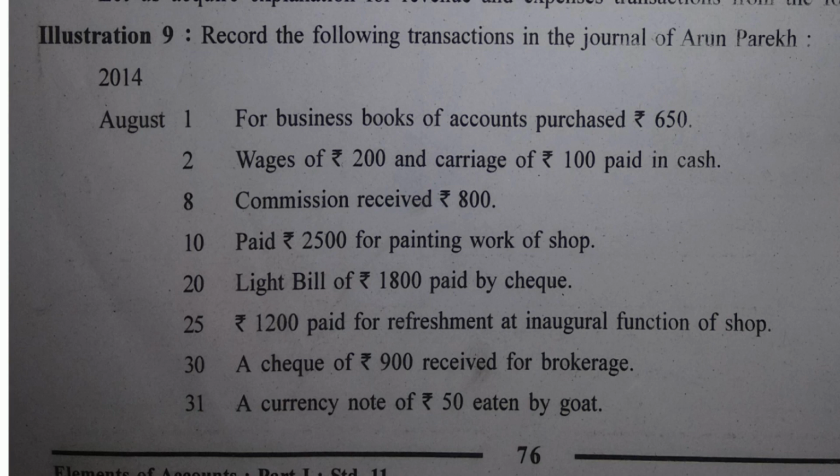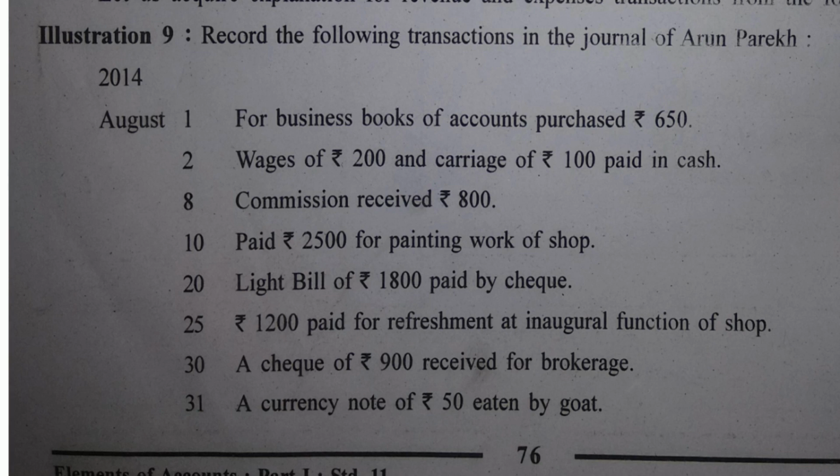So your journal entry is stationery expense account debit 650 to cash account 650 again. I'm dictating slowly because if you want to write, then you can. Narration, of course, you can write it on your own by now. Being stationery of rupees 650 is purchased. You have to write the narration yourself. So I will not dictate narration in each and every transaction.